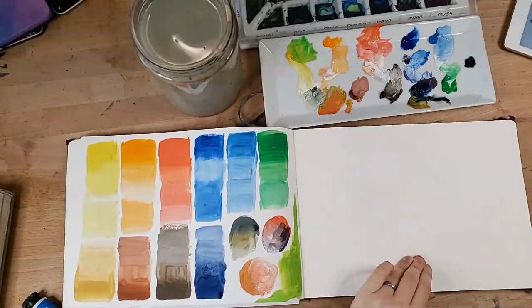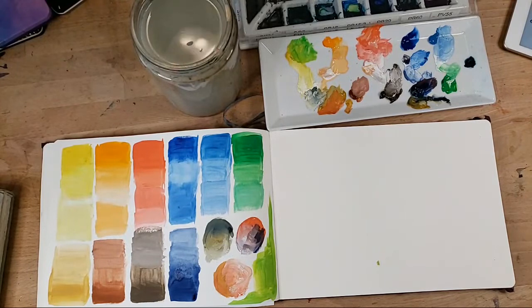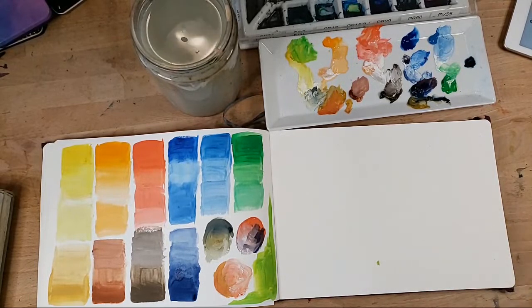Okay, so just trying to figure out how I'm going to do this. I have a sort of decent view out this window, but